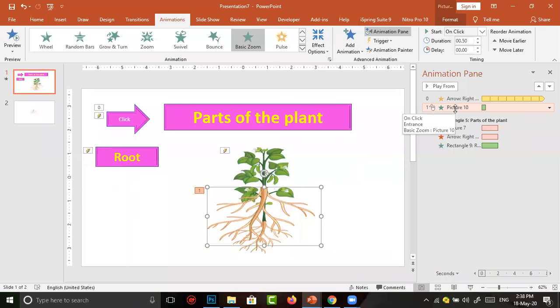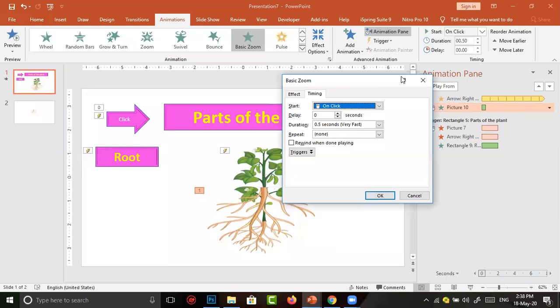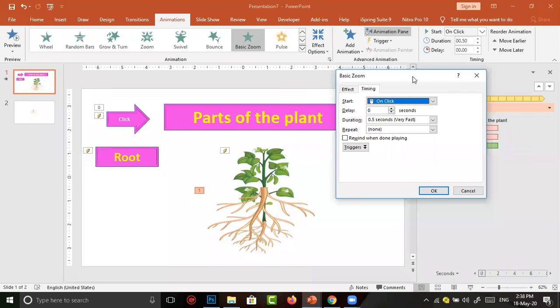Now the animation we have given is at the top. But this animation should happen at the click of the root. So I should move it down with the arrow. Again go to timing. In timing, for when it should happen, we are going to use trigger. Then start effect on click of.